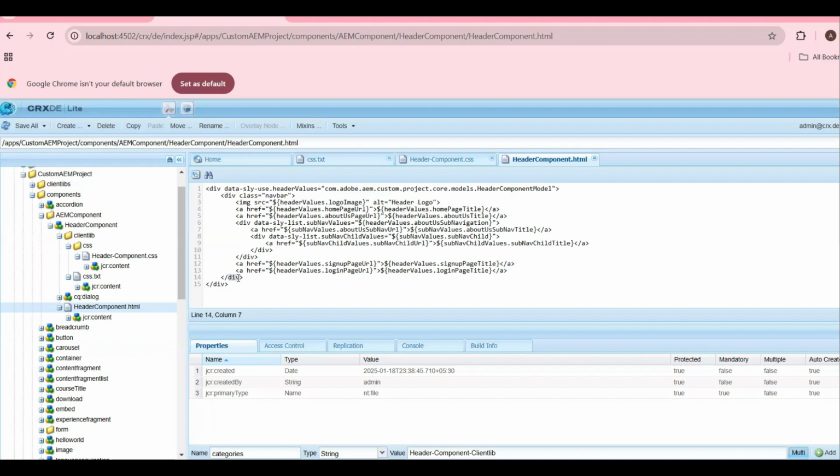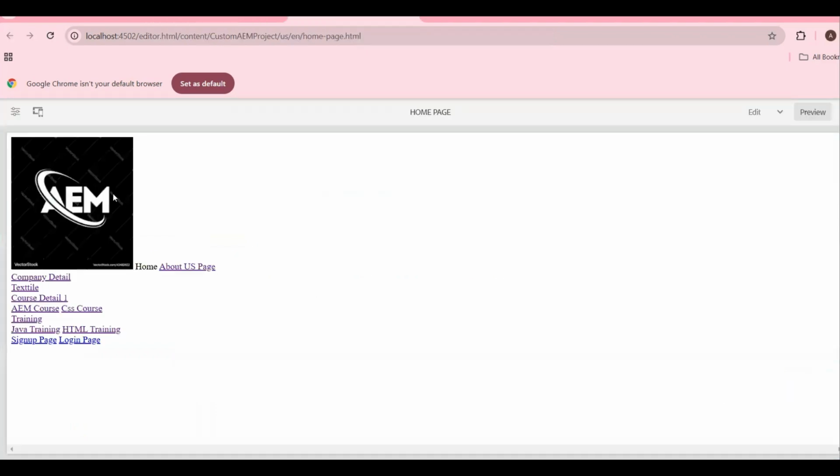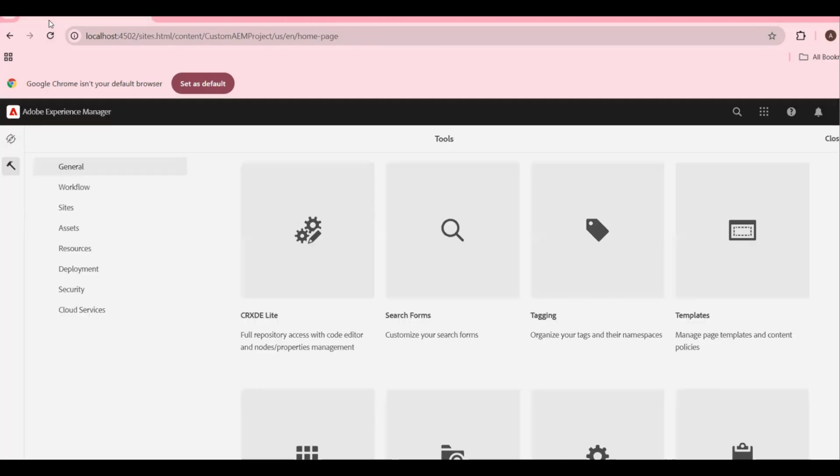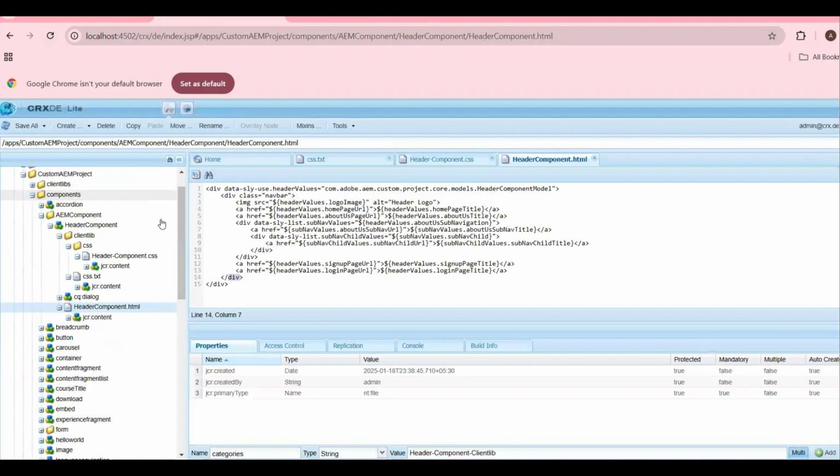Okay, and after that, if you wanted to design whatever logo we have, if I show you it here, whatever logo we have here is something square and other things. If you wanted to provide the proper logo and other things, that part also we can do. So here we do have the image thing. So here we can add